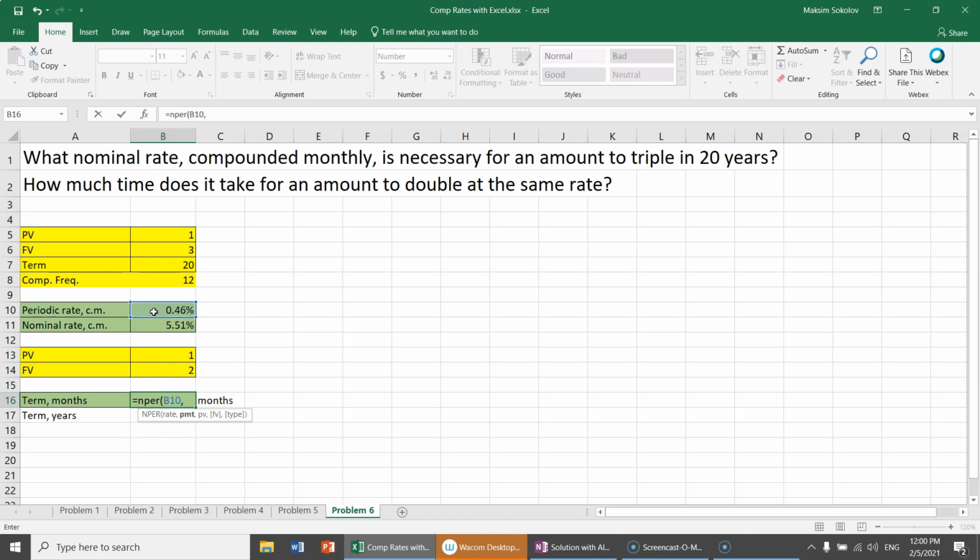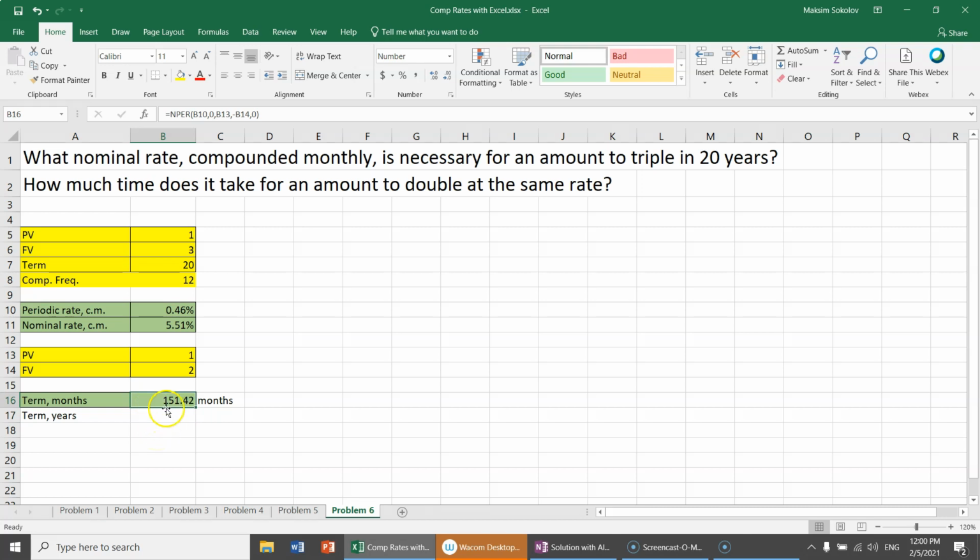Next comes the payment, which is 0. Next comes present value, which is in cell B13. Next comes future value, so it's in cell B14, and we'll use opposite sign for it. Then comes type, so we'll select 0 here. If I press enter, I get that it's